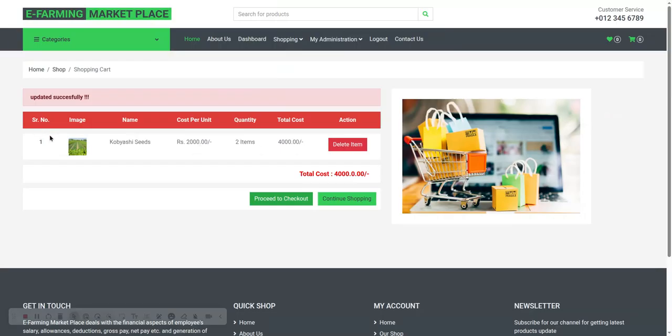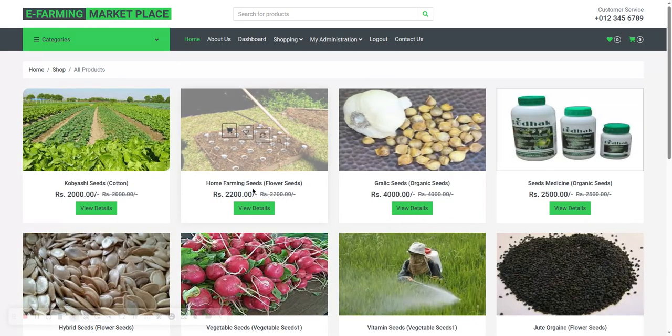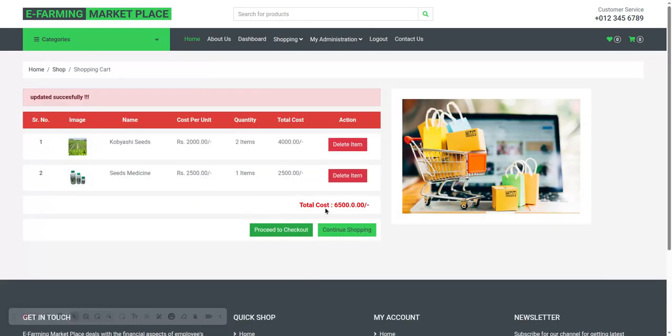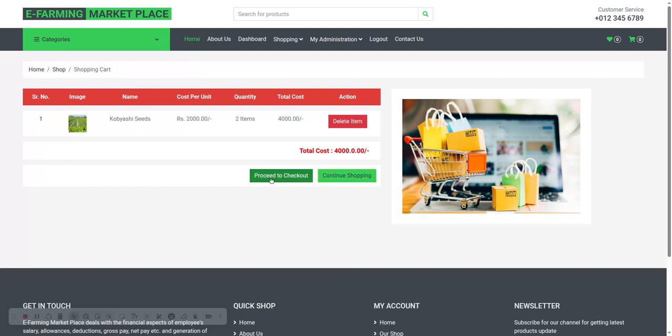You can see 2 items have been added into the cart, and the total amount you need to pay is 4,000 rupees. So we are doing the calculation automatically. Continue shopping. Suppose I add 1 more item to the cart, so 3 items, and the total amount is 6,500 rupees, right? If you don't want any of the items, just click on delete item, and that will be deleted. And if you click on proceed to